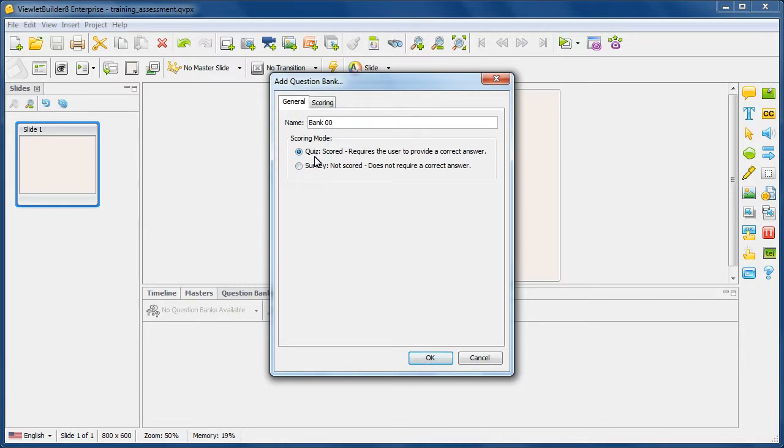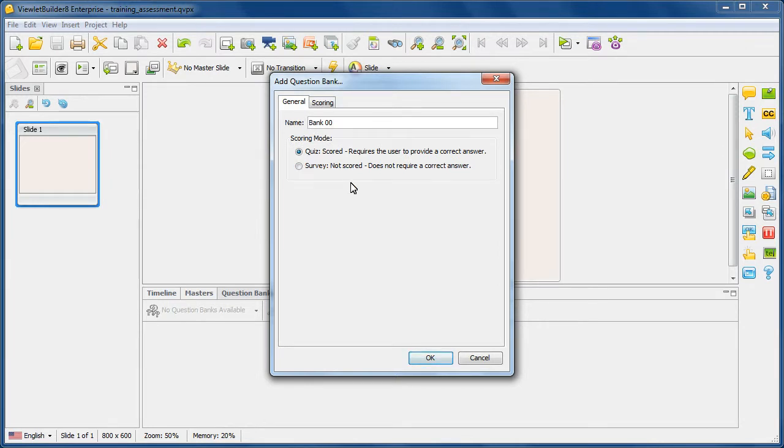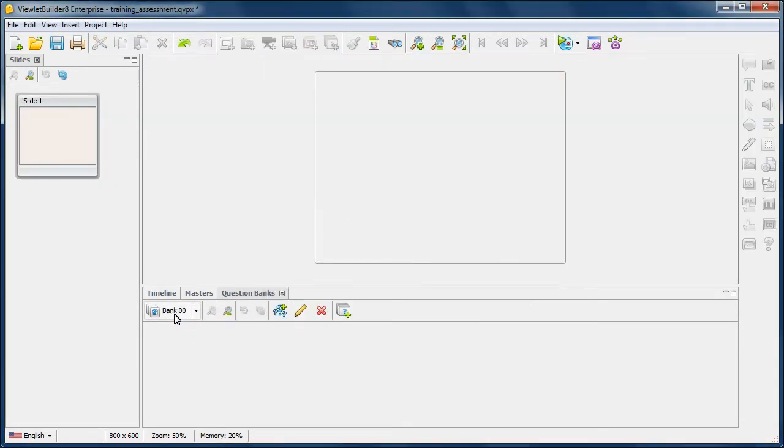For this bank, we'll go ahead and have scored slides, and then in the scoring tab we can opt to override settings in project properties as needed or not. Once you've made your settings and your selections, go ahead and click OK, and it will create the bank right